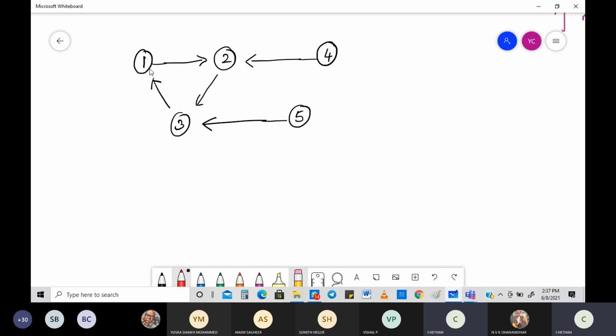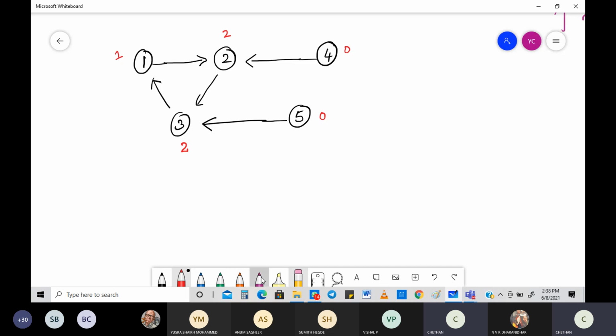So we'll do that. The in degree of 1 is 1. You can see this is the one coming through. Then 2. The in degree of 2 is 2, because 2 edges are coming through. Then 3. Two edges are coming in, so this is also 2. Then with regard to 4, be careful here: the in degree is 0. Again, with regard to 5, the in degree is again 0. Look into this. The entire in degrees are all found out.